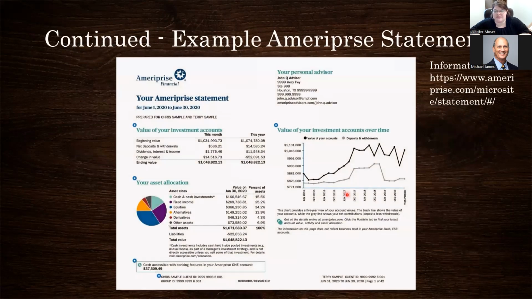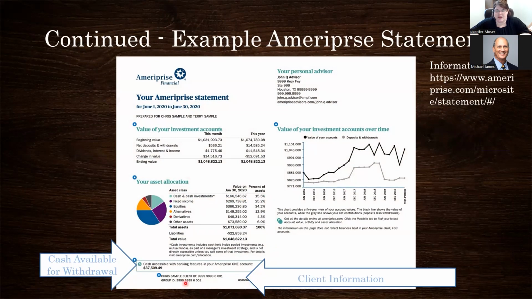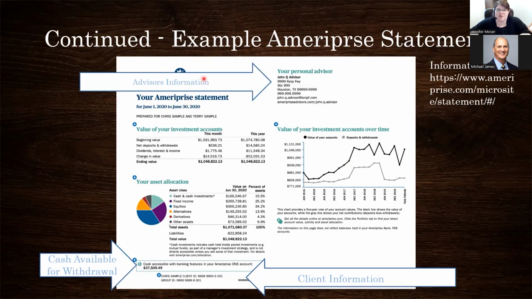So going back to the same statement, this is the available cash for withdrawal. You'll see this down here. Some statements offer that. The Avantax one mostly shows it in your cash and cash investments. Your client information. Avantax, or NFS, normally shows theirs at the top, up here. It shows your name and the address that it's supposed to go to if you have chosen to have your statements mailed out. You will also see your advisor information at the top and how to get a hold of your advisor.